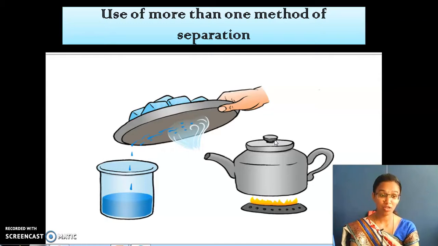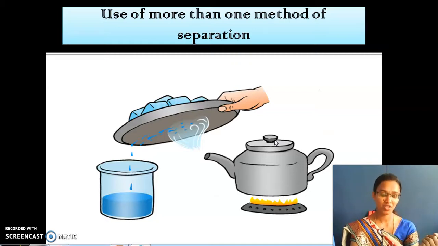Okay, now I am going to give you a mixture of, what shall I give you? Okay, iron filings and camphor. How will you separate that? Yes, your answer? Very good. If we bring a magnet towards the mixture, the iron filings will get stuck to the magnet, and we will get the camphor and iron filings separately.